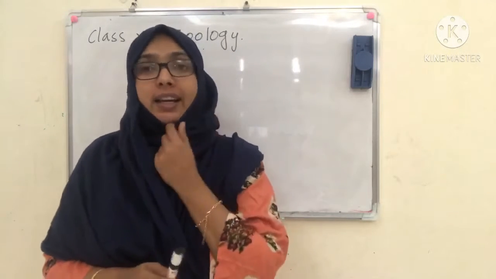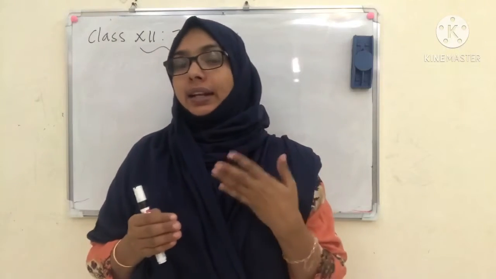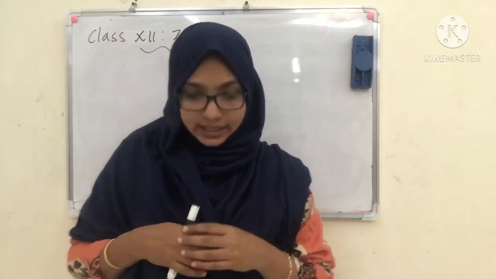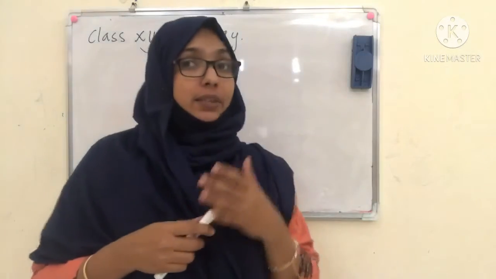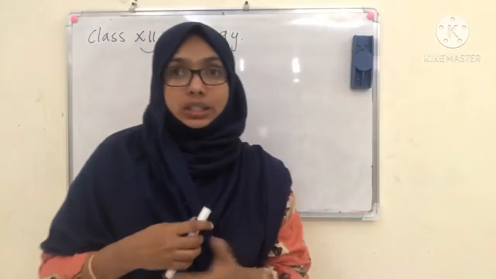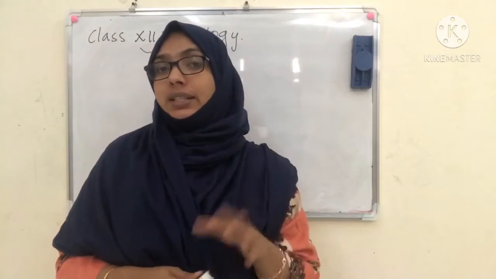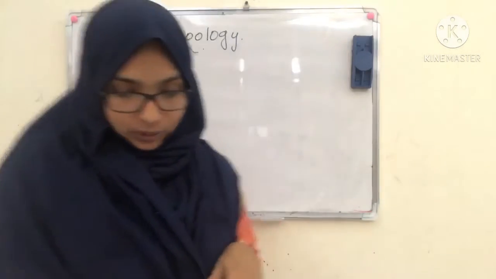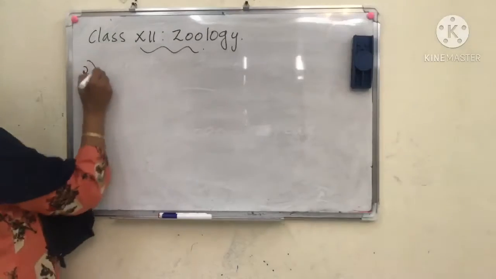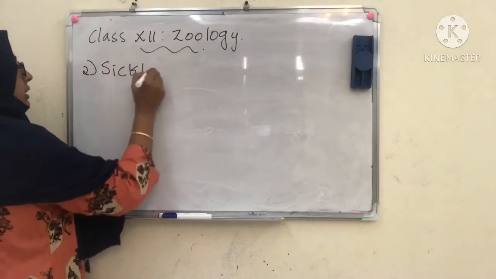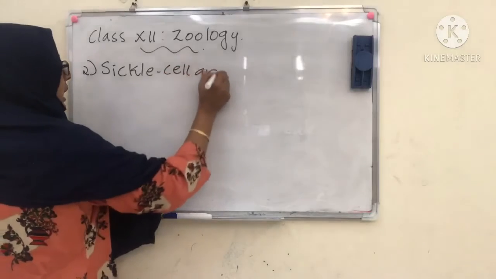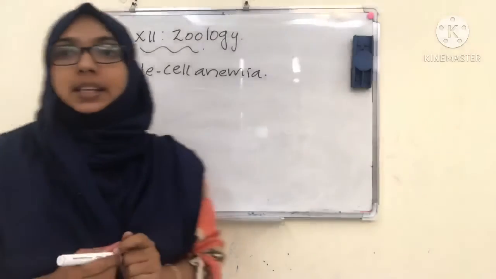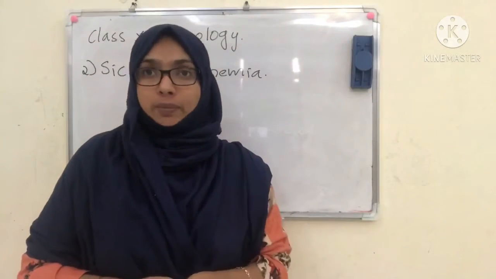In the last class, I hope the mutation, pedigree analysis and all are clear to you. We discussed one of the diseases, hemophilia, when we came to discuss genetic disorders. Continuing with that, we are dealing with the next disease, sickle cell anemia. When I described mutation, I pointed out this disease as an example of point mutation.